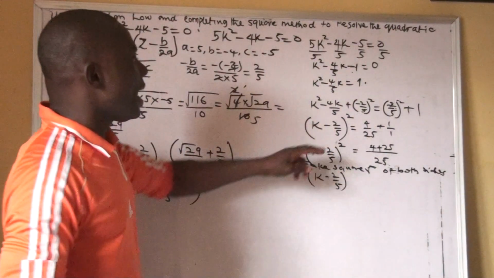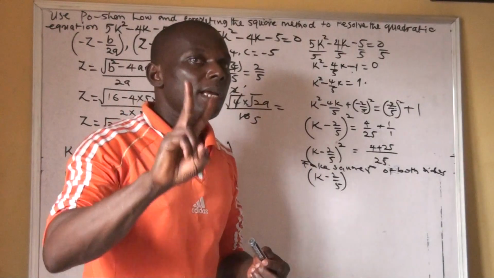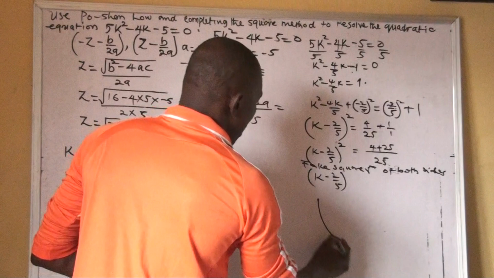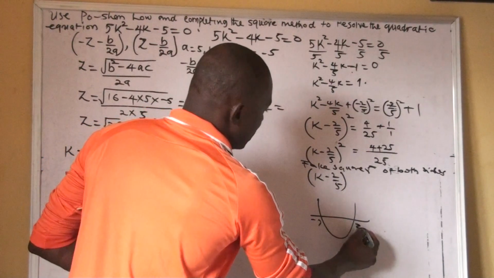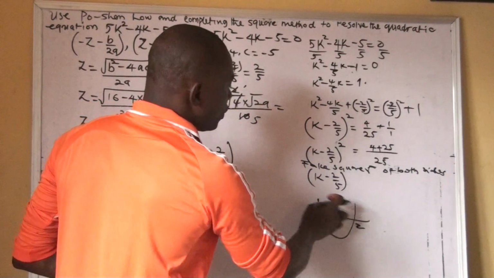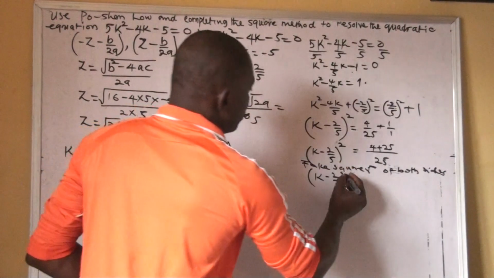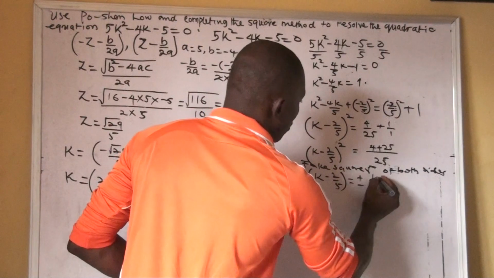Once you have done that, because it is a quadratic equation, you're going to have a pair of equations, because in your graph, assuming this is z, this is minus z, we are going to have two values. That is where the curve touches the x-axis. So here it is going to be plus or minus the square root of